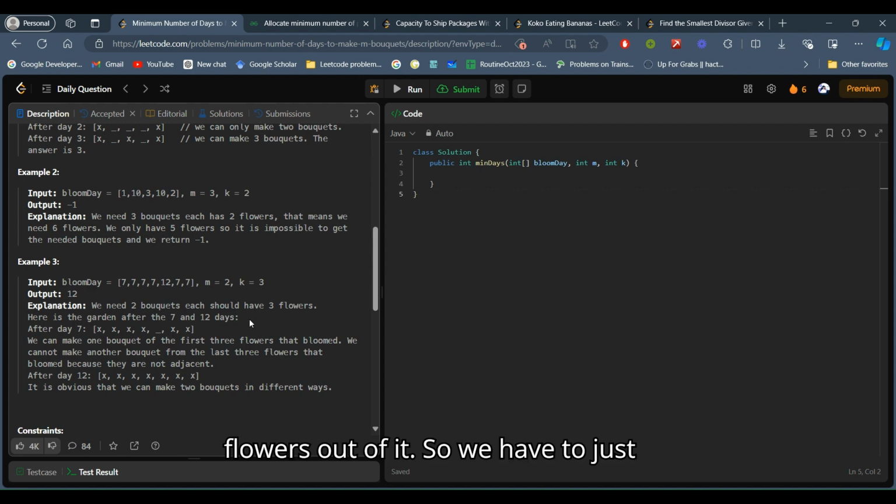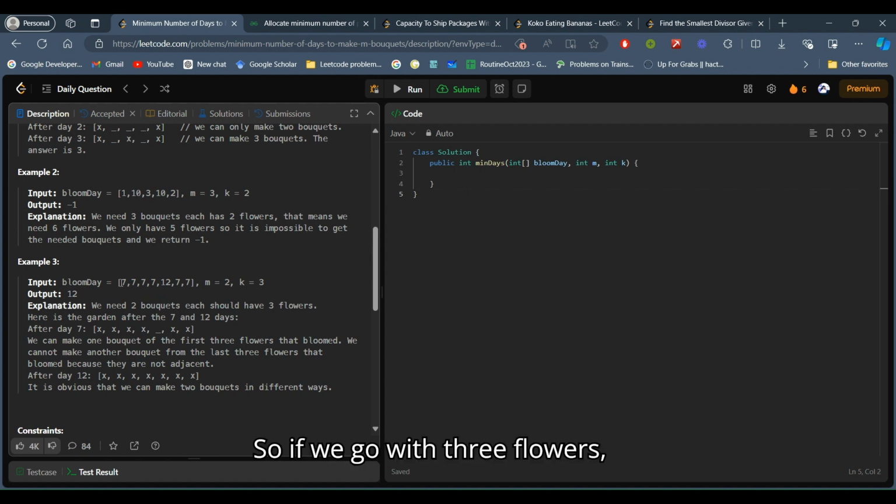So we just have to check whether K continuous flowers are there or not to make M bouquets, and inside that, we have to check the minimum number of days we need to make those bouquets.